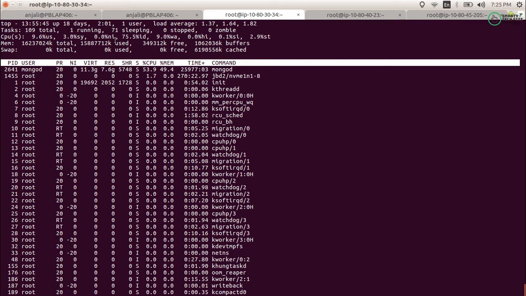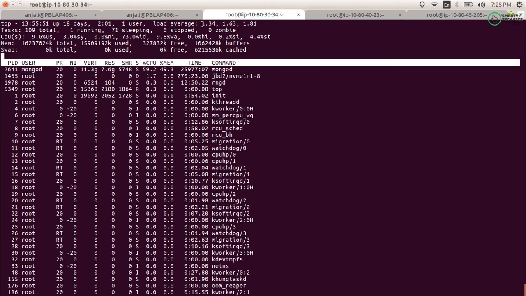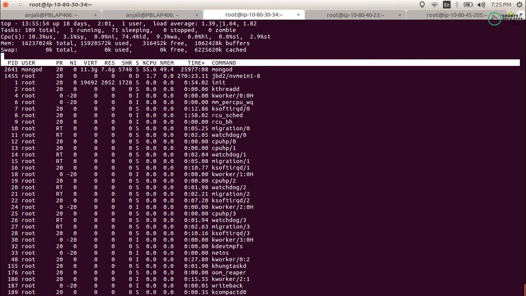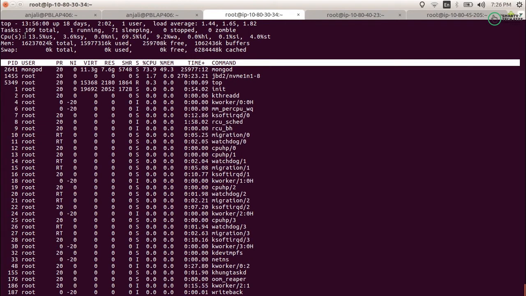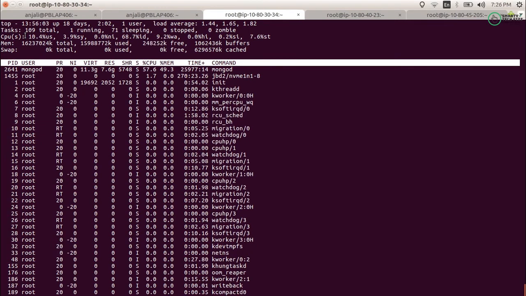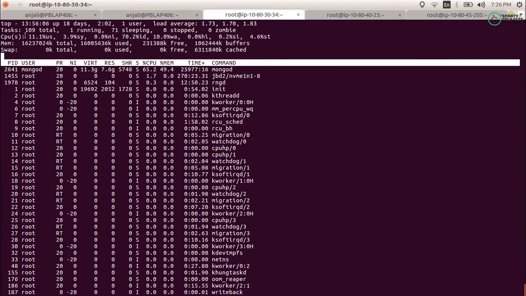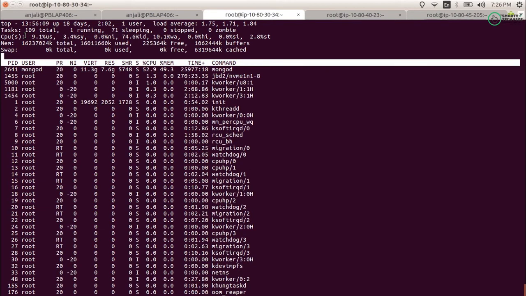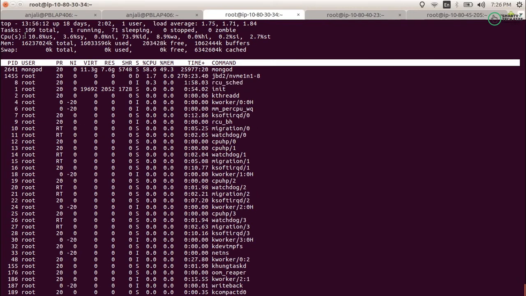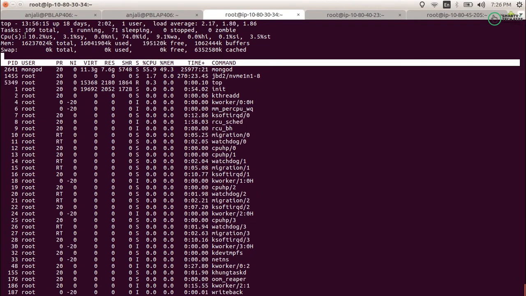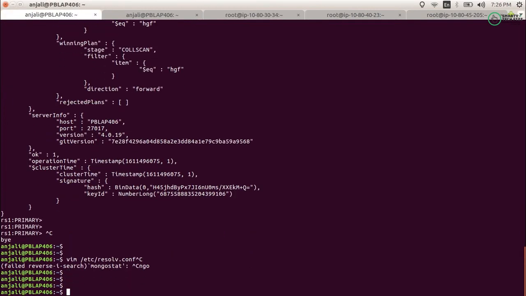Let's say suddenly at 6 a.m. during your production your load average goes to 20, 30, whatever the load average is, and your CPU utilization goes to 60, 70, 80, 90, going to 100, then obviously your server is going to stop. In that case, to look into the issue, just go and check the logs.